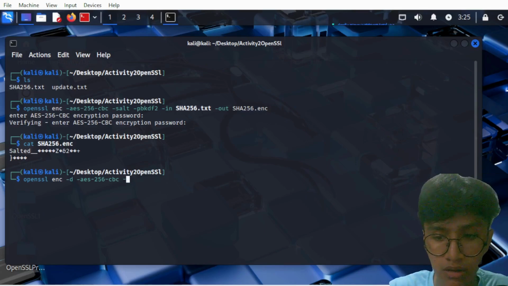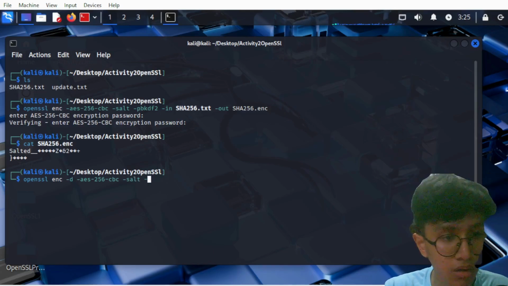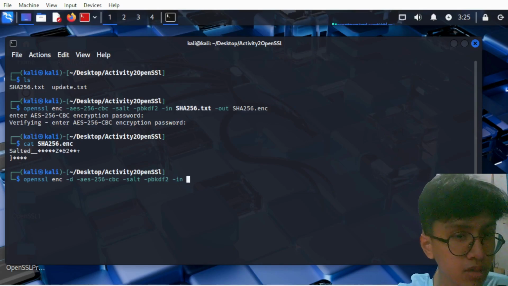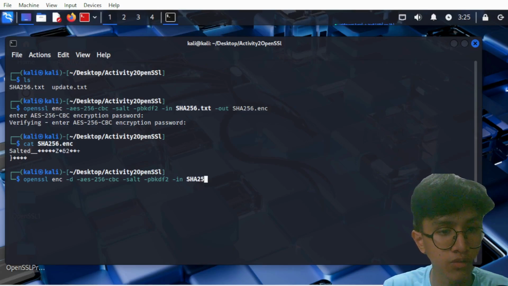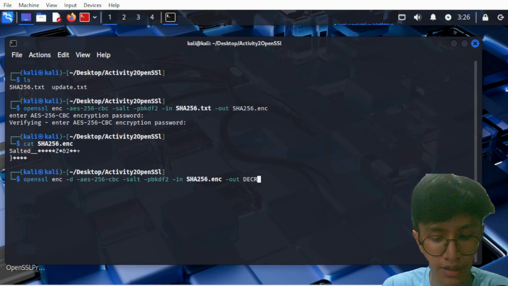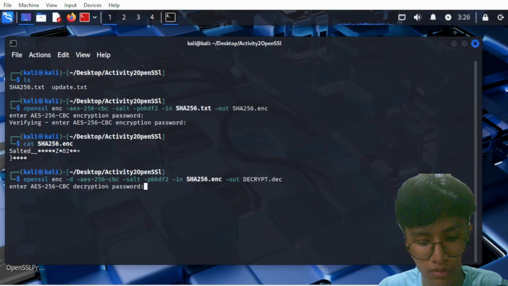We have also -salt, -pbkdf2, input the SHA-256 encrypted file, and we're gonna output it using decrypt.txt, with the password 12345.